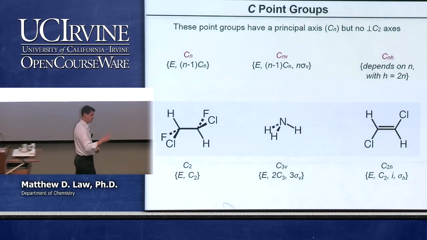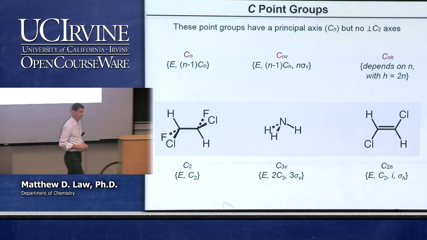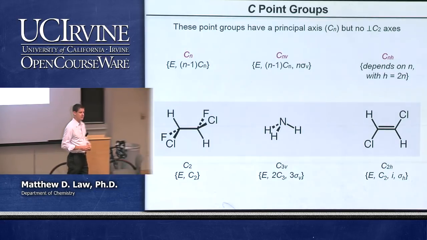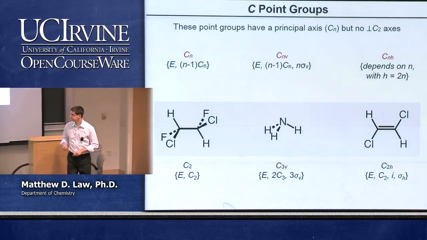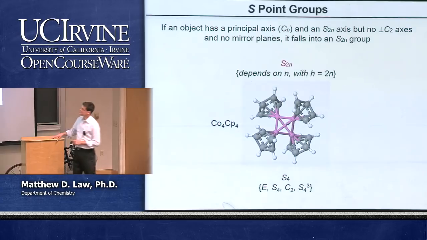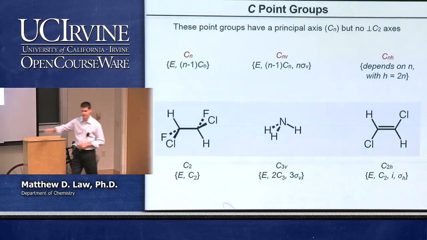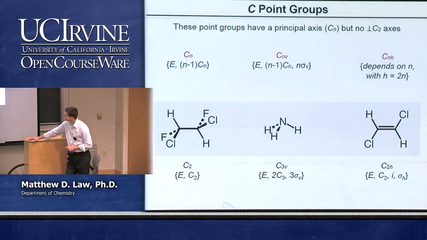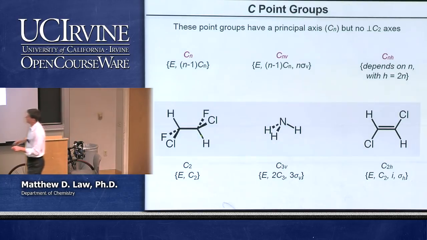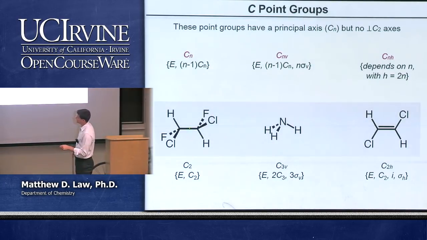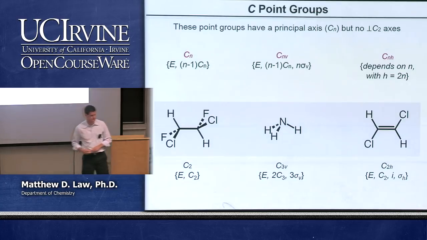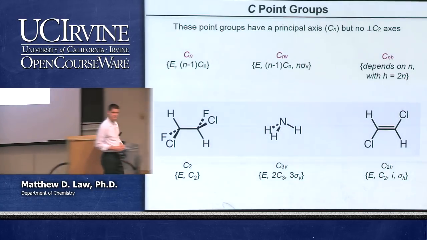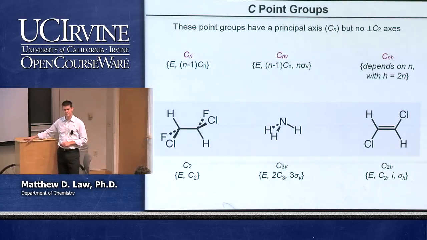Okay. And there's only one more kind of point group, and that is the S point groups. So the S point group is as follows. Yeah, Glenn. Where's the C2 axis in that? On this one here? Yeah. Coming right out at you. Oh. So if you rotate 180 degrees, the hydrogens interchange, the chlorines are on the same side, and the fluorines are on the same side of the molecule. Yep. Other questions about this so far?